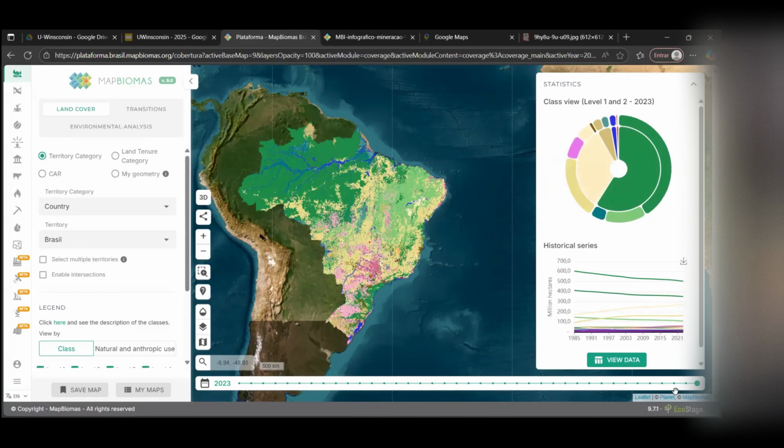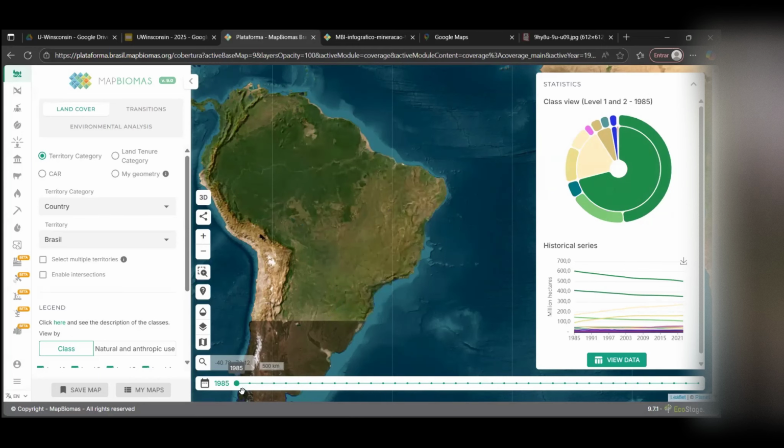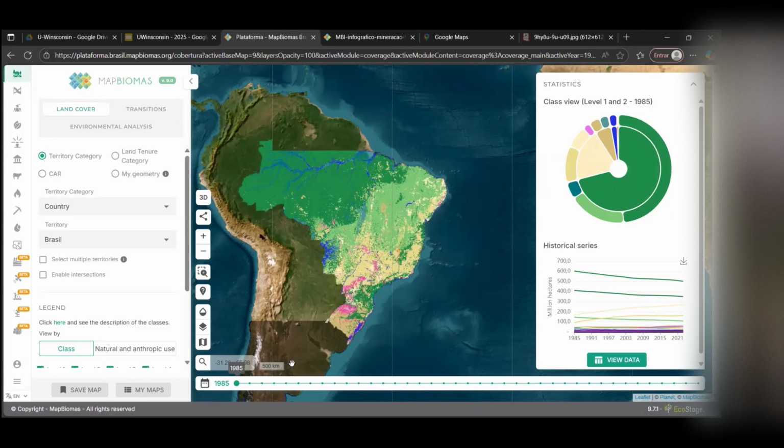We are looking at the map for 2023, but I can go back to 85. Here you can see on the bottom, and I can see the difference. Hopefully the internet will help me. Yes, you can see the difference between 85 and 2023, and you can look at all the years. So this is another thing that I use a lot to show how the dynamics of the territory is changing.